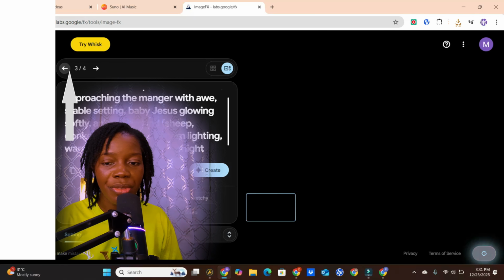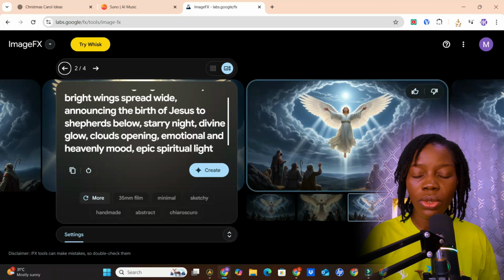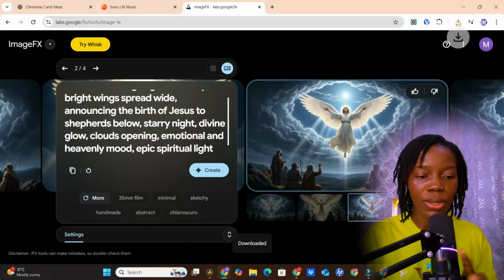So you select this one, click on the download button, then go to the next one. We go through the images again and select one. So I think I like this one. So I'm going to click on the download button here to download this one too. So now that we have our images downloaded to our computer, the next thing we are going to do is